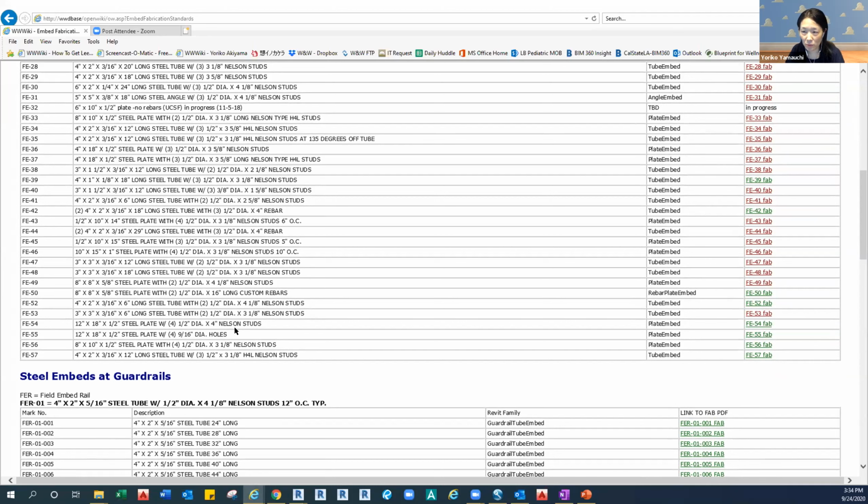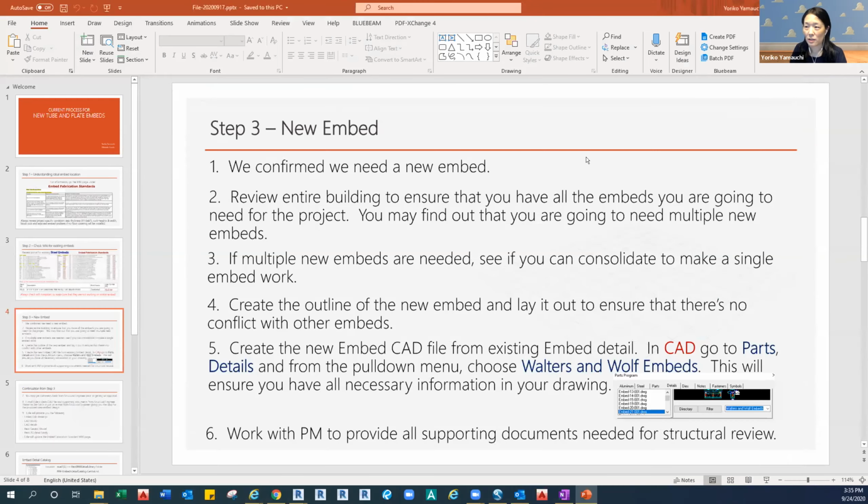Because you know your shop drawing probably only has 2-3 embeds, but the engineer doesn't know what kind of standard details we have already. So if you have a closest one, that's the one I always go over with the PM. If the PM is okay, then he or she will send the question to AWS or Larson Engineering to get the confirmation. If they say no, we need a new embed, then that's the process. So we confirmed we needed the new embed.